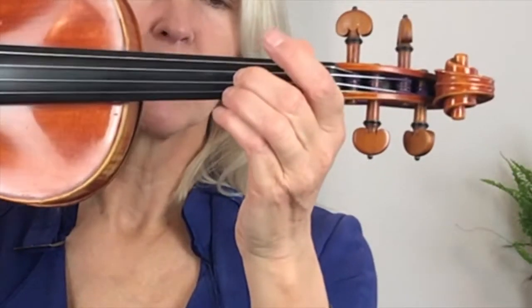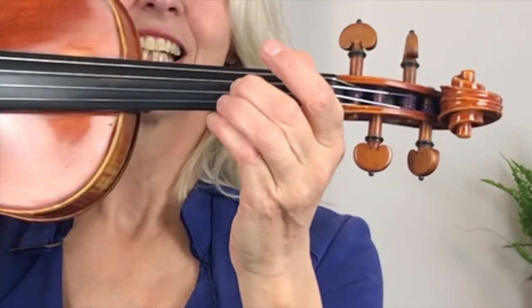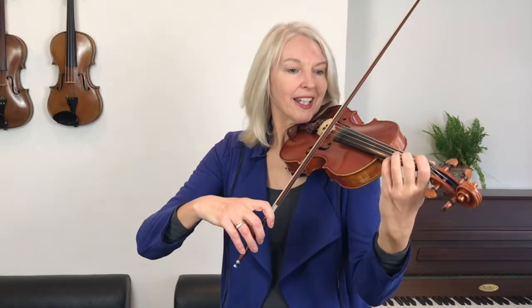I'm placing my 2nd finger right in the middle between the 2 strings. Can you see that? So I catch them both. I'm not hopping across the string like this. No, I'm placing my finger in one go. Do this same section again from the start of line 3. 1 and